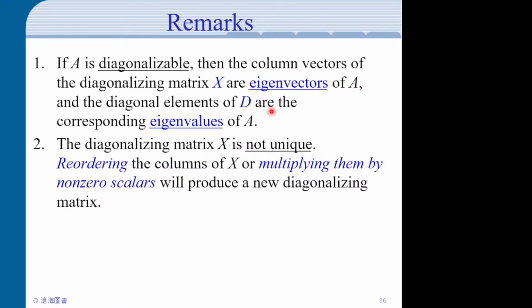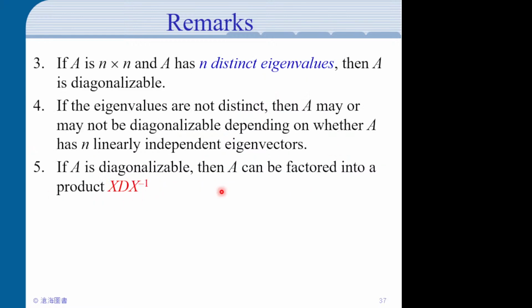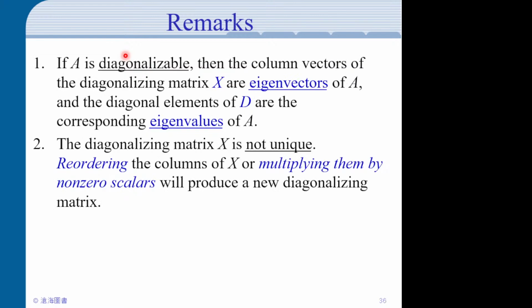Okay? And then you see these X and D are not unique. You can permute the ordering of your eigenvalues and the eigenvectors, or you can stretch or shrink your eigenvectors, etc. Okay? And then we combine the two theorems we just have. So then by theorem 6.3.1, we say if you have n distinct eigenvalues, then you have n linearly independent eigenvectors, then it's diagonalizable by